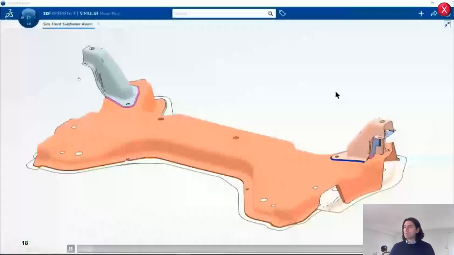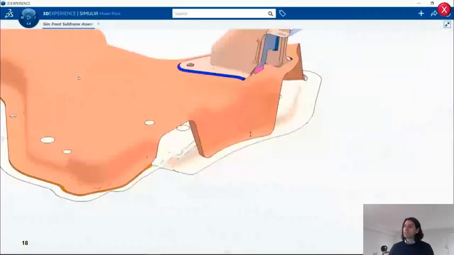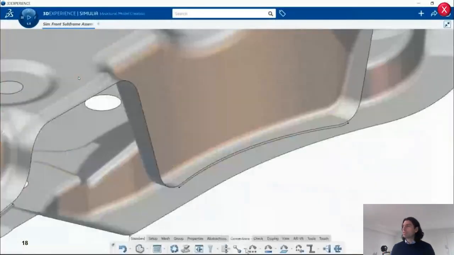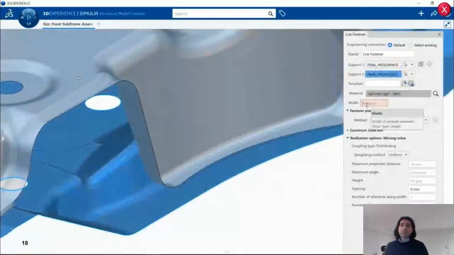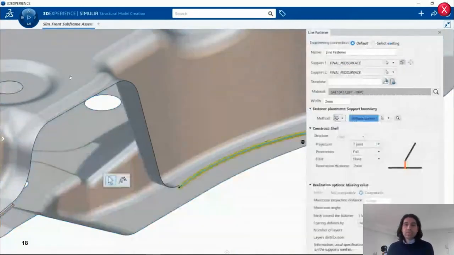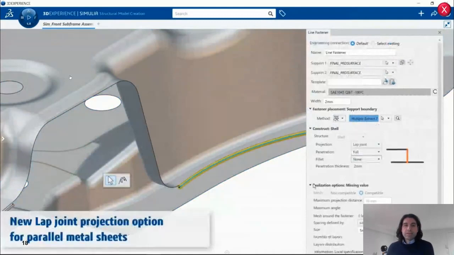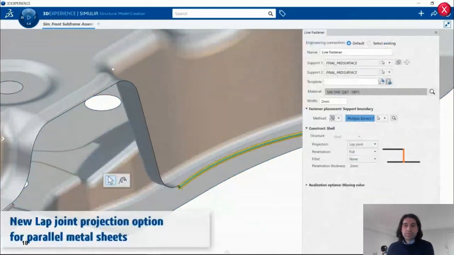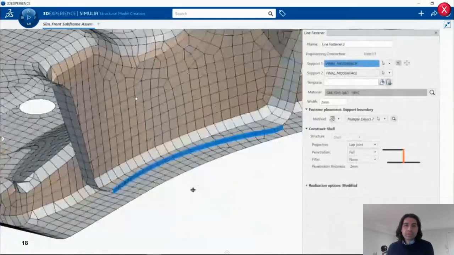This is a typical automotive subframe. There are a lot of welds in these parts, and when you try to create those line fasteners, it can be really challenging. Here you can see we're going to use a line as a support for creating the line fastener, and there's a projection option called lap joint that will create the line fastener.